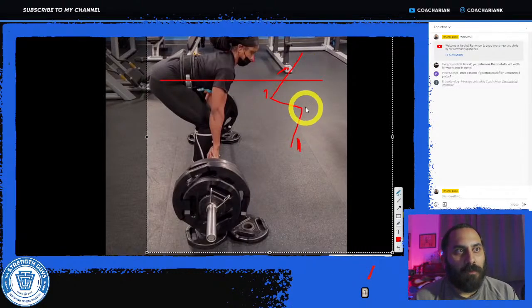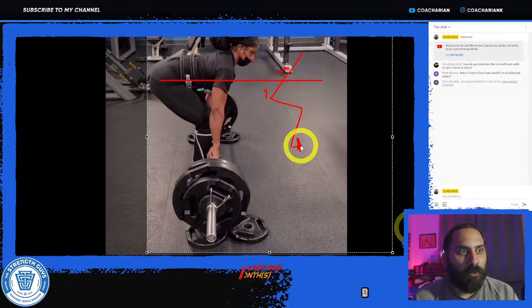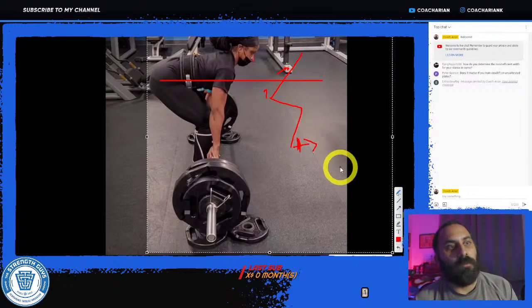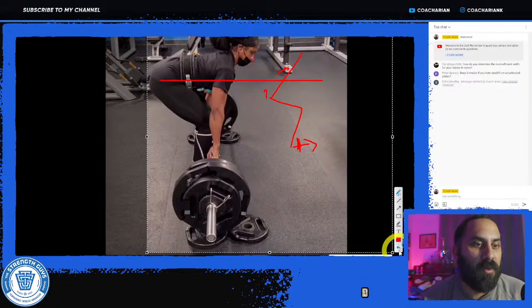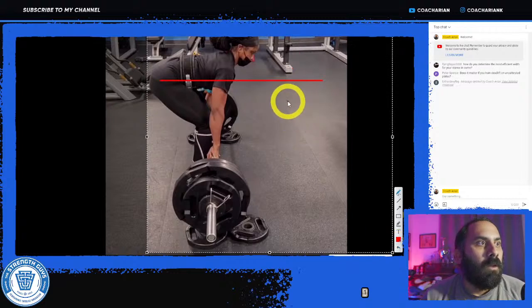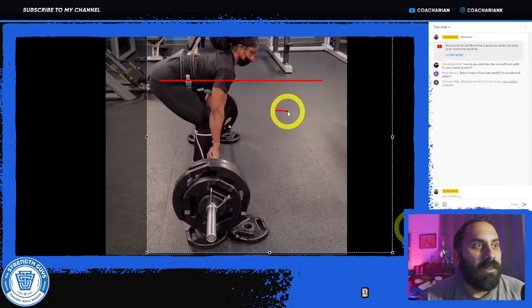And sometimes people have the knees too far forward, and then they're pushing the bar too far forward in front of the midfoot. The other thing people try and do, which is similar to that, is sitting the hips way down.